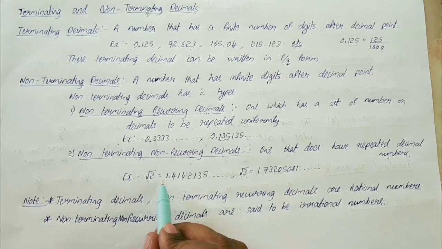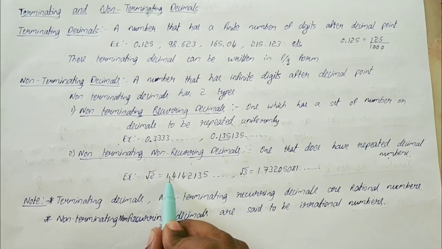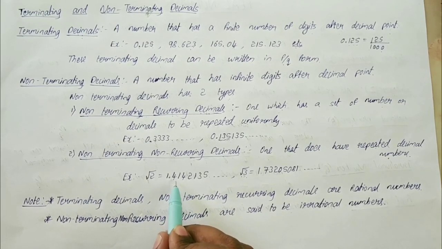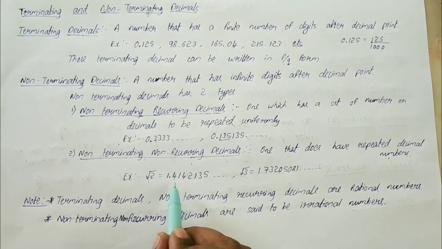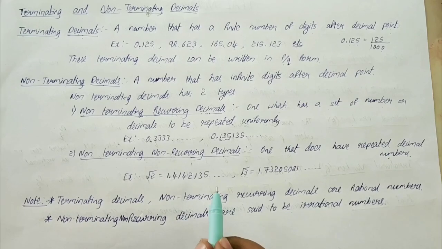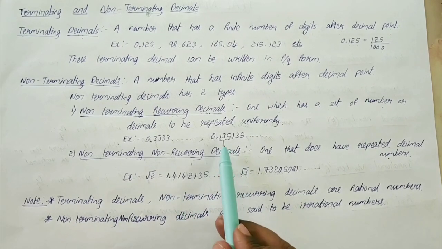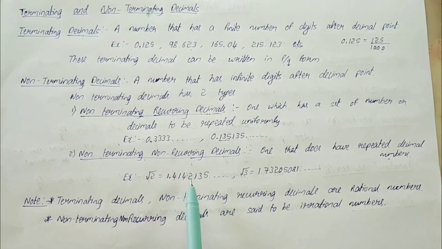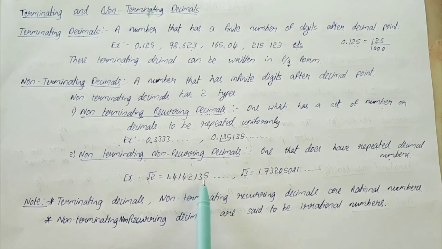That means, see here, the value of root 2 is 1.41422135. So after the decimal, there is no end for the digits, right? But also there is no repetition of the digits, right? Repetition means there is a certain pattern. As it is here, 135 is repeating, so there is a sequence, right? So here there is no sequence. 41422135. There is no